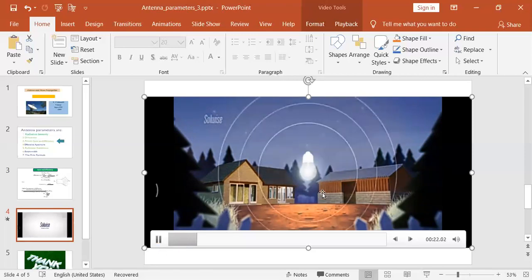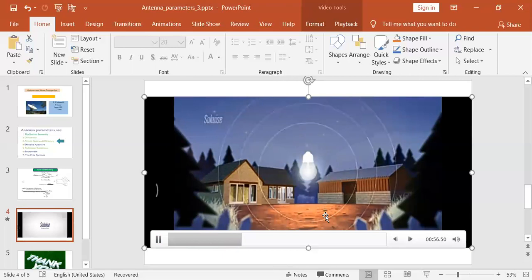and this light is given 1 watt of power, and if the radiated power is also 1 watt, then gain will be 1, and if it is in dB it will be 0. So this light radiates the energy in all directions equally. Then technically it is called an isotropic antenna.